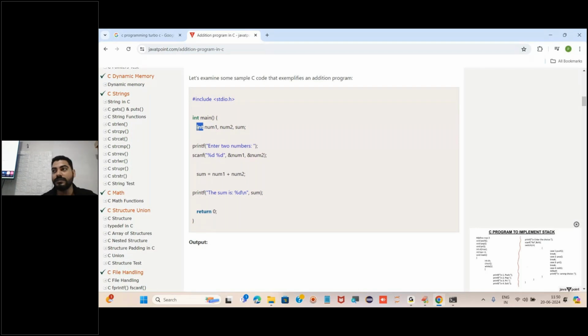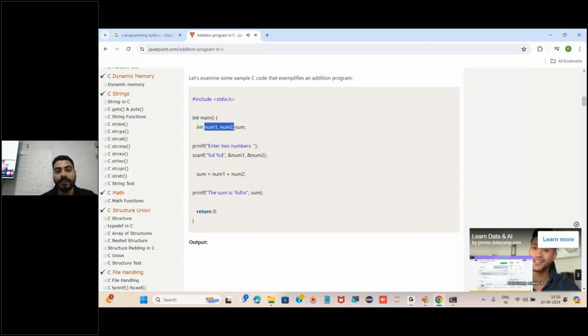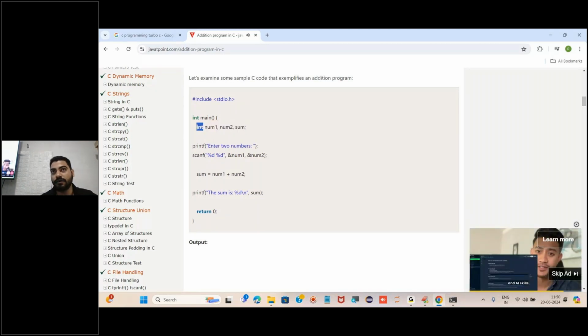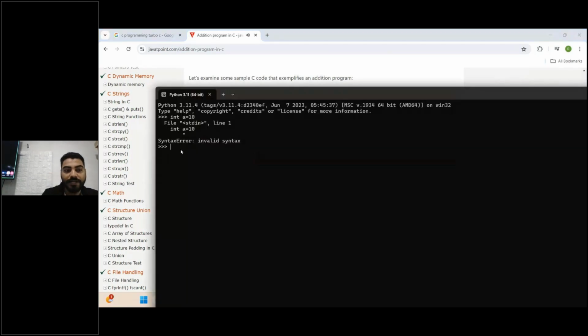Integer type of data. Here if you check, number 1, number 2, sum belong to what type of data? Integer data. But in Python we do not need to give any acknowledgement to the compiler or to the interpreter or to the PVM of what type of data we are using.